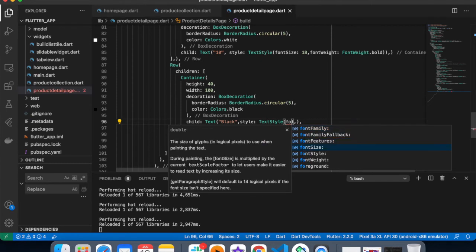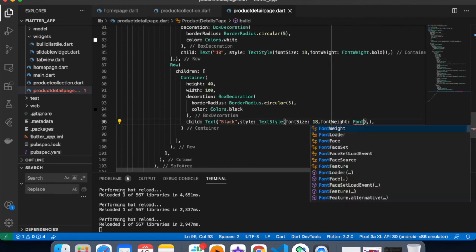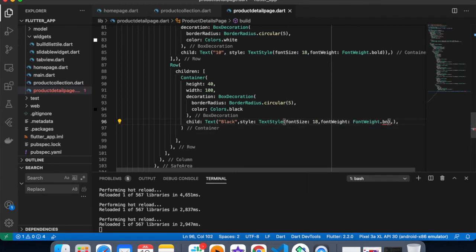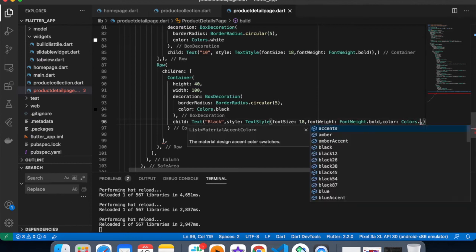Font size will be 18 and font weight will be bold, and the color will be white because my box color is black, so the text color should be white.